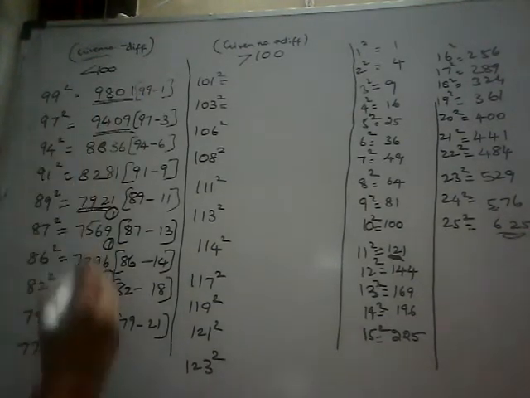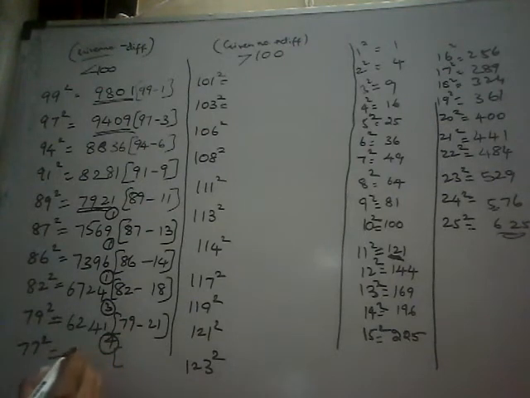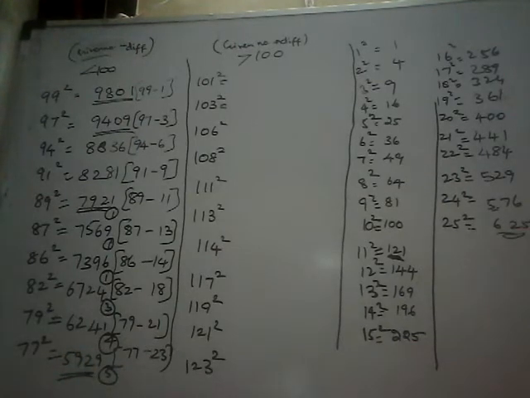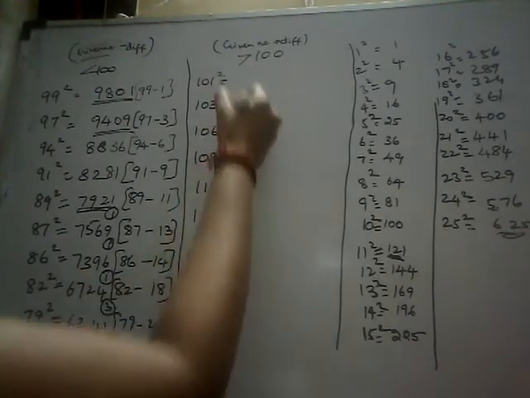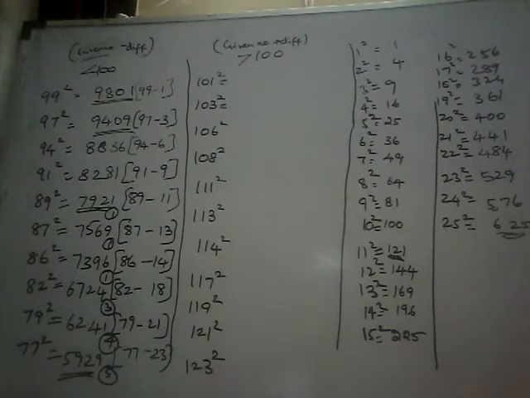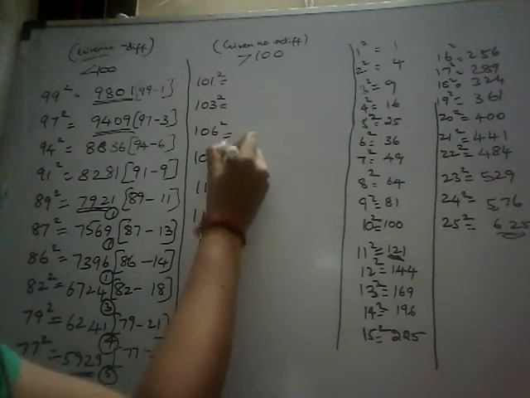How much is the difference from 100? So 100 minus 23, right? That will give you 77. Now from 77 subtract 23 and write the first number. What is 23 square here? 529. 29 right and 5 in the carryover. 77 minus 23 is what? 54. 54 plus 5 is 59. 5929 is your answer. Similarly you can do it for the squares of numbers from 100 to 125.